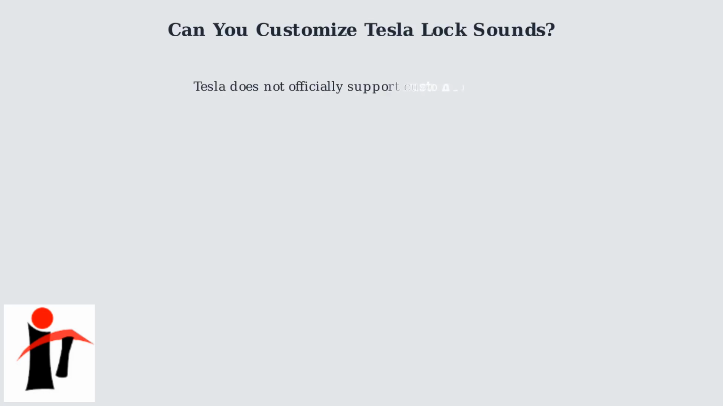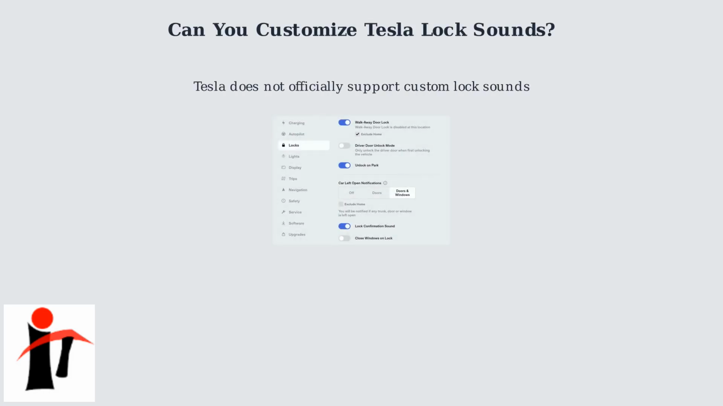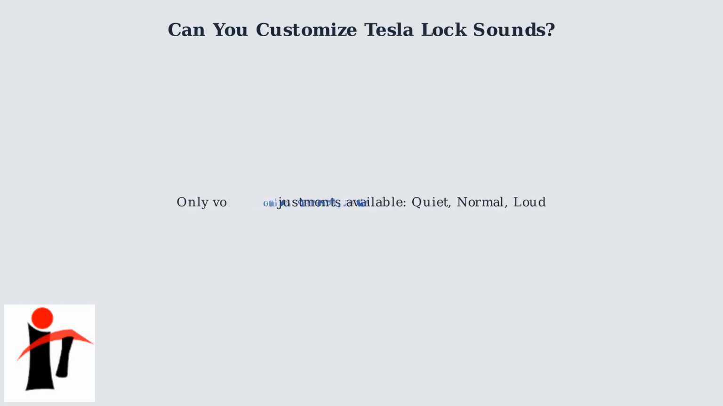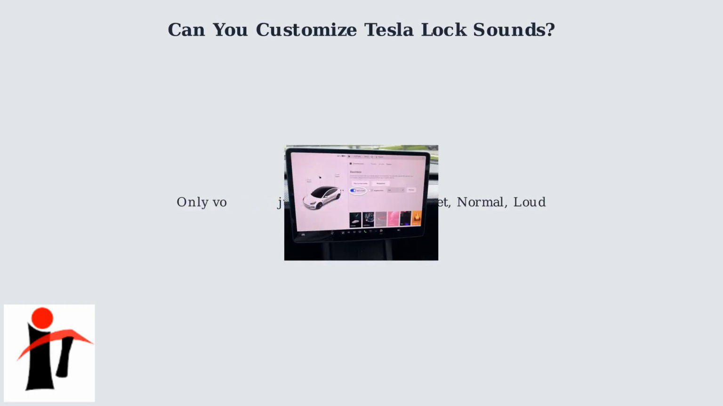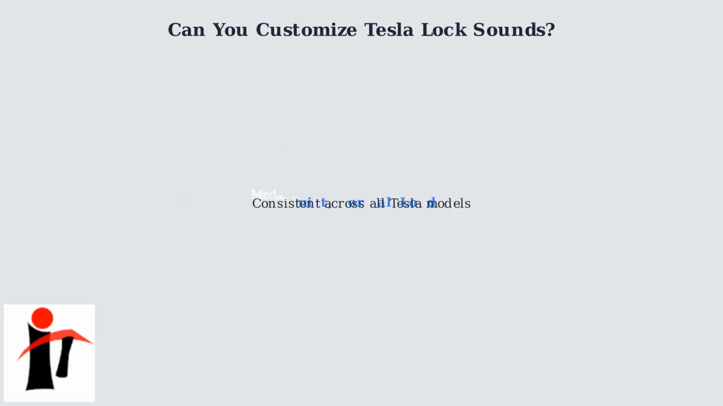As of late 2025, Tesla does not officially support custom lock sounds through the Tesla app or the car's settings. While the default horn sound can be adjusted for volume under Settings > Vehicle > Locks > Horn on Lock, with options for quiet, normal, or loud, there's no built-in way to upload or select your own audio files. This limitation is consistent across all Tesla models, including the Model S, Model 3, Model X, Model Y,